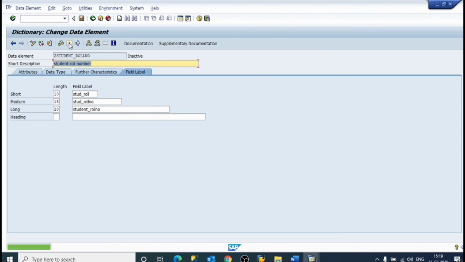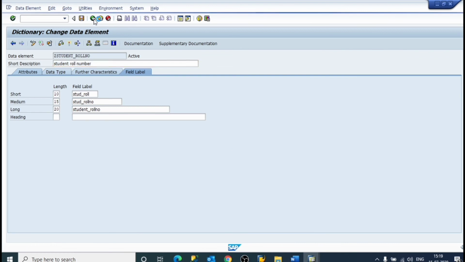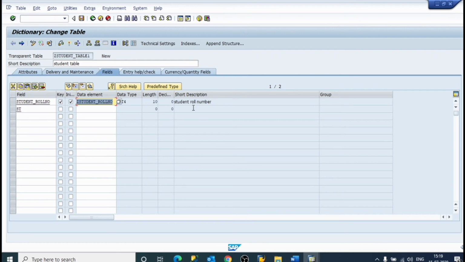It will take some time. Yes, now done. We'll activate it again. Now we'll just click on back. As you can see, student roll number. Now it is perfect. Now student name.